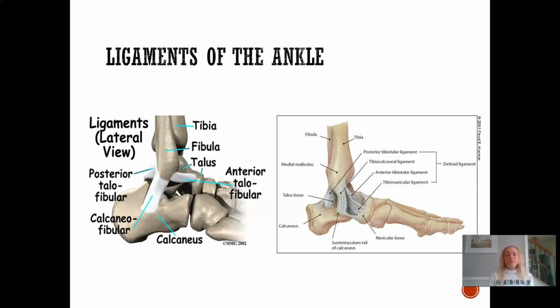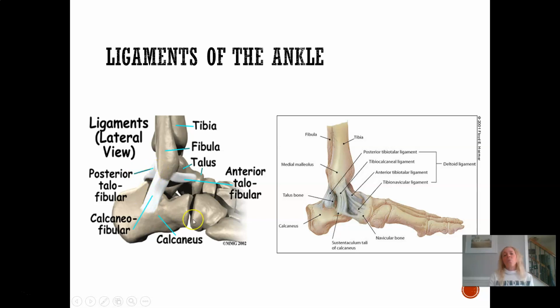All right, so ligaments of the ankle. This is showing the lateral side of the ankle. This is the fibula coming down here. So we have 3 major ligaments that support the lateral side of the ankle: your anterior talofibular ligament, or ATF ligament, your calcaneofibular ligament, or CF ligament, and your posterior talofibular ligament, or